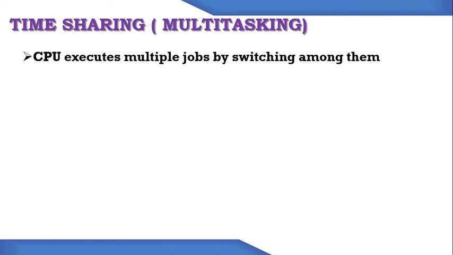What is a time sharing or multitasking system? Let us see how it is different from the multiprogramming system. First of all, the CPU executes multiple jobs by switching among them. This is almost the same as the multiprogramming system. The first point says that the CPU executes multiple jobs. They have multiple jobs as we saw above, and instead of executing only a single job at a time, the CPU switches between the jobs, and then